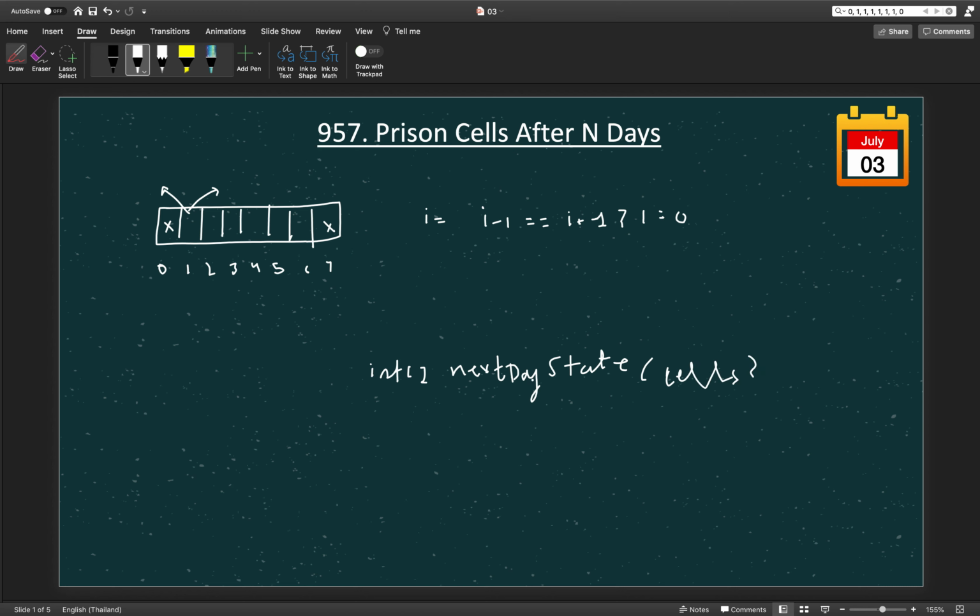It calculates based on this condition, with i starting from 1 and looping through till 6. Then we loop over this method, calling it capital N times, the number of days. So this is a brute force solution.